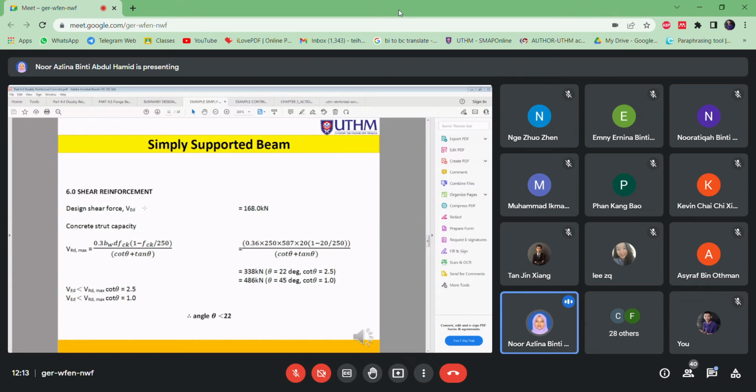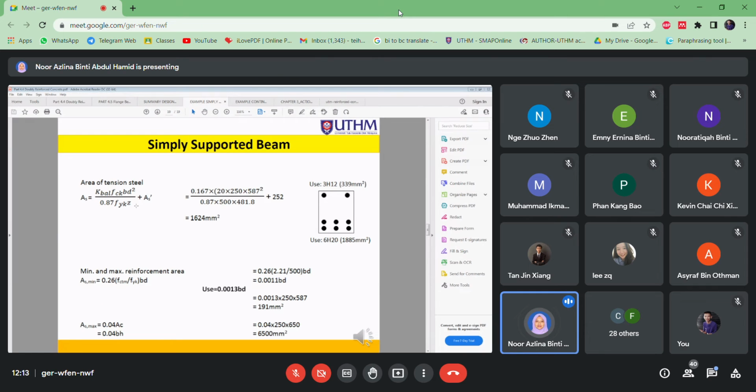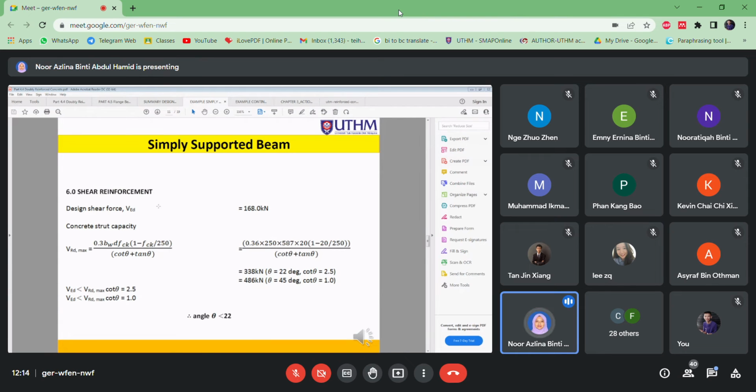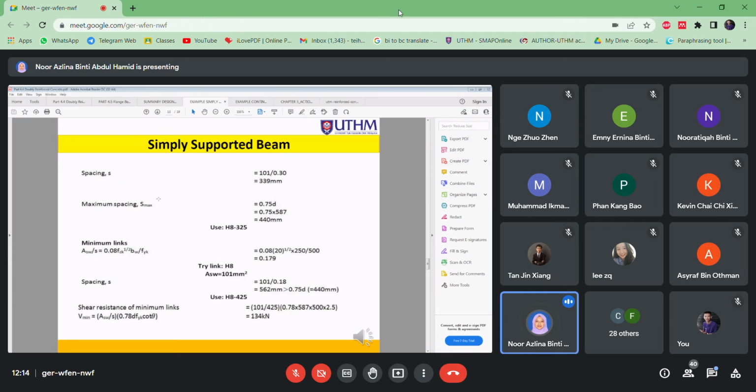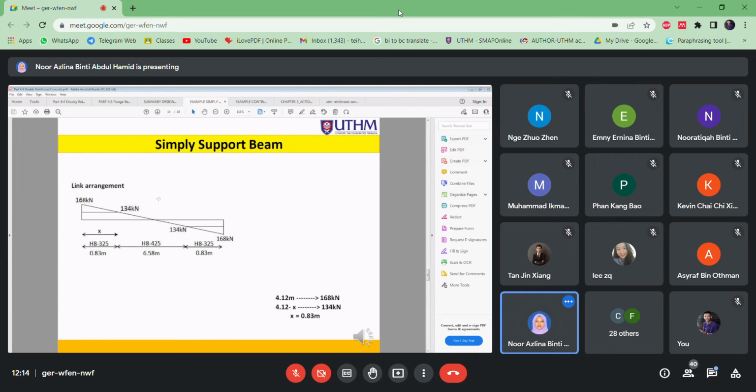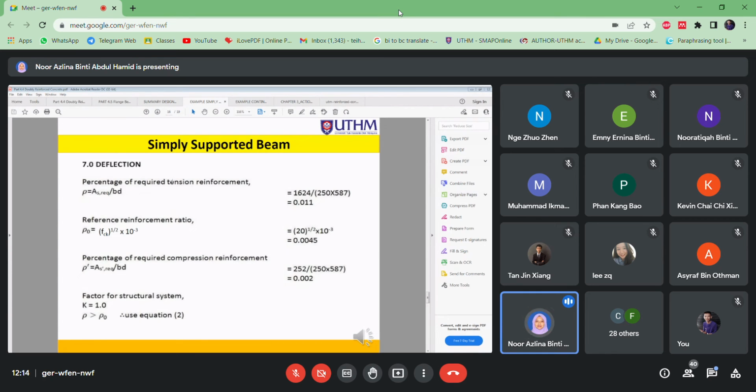This will be next week. Saya tak nak longgok semua ni, nanti you tak faham. Before we go shear reinforcement, make sure you understand for this AS and AS prime. Because after shear reinforcement, kita dah masuk pula pada checking. Pada checking deflections, nak lihat apa yang you provide tadi, AS required, AS provided tu,